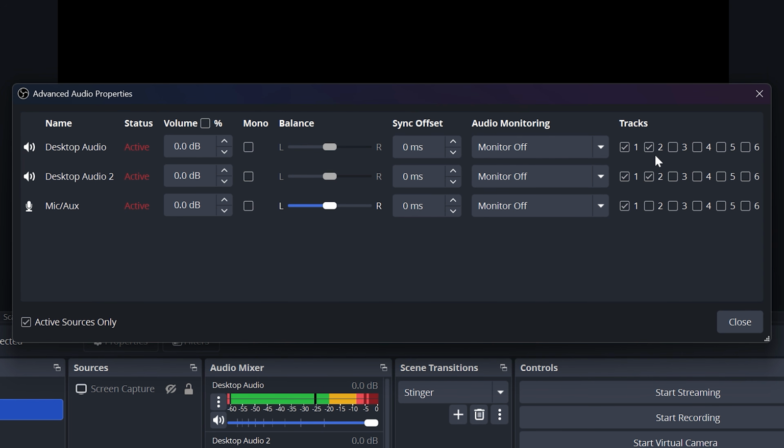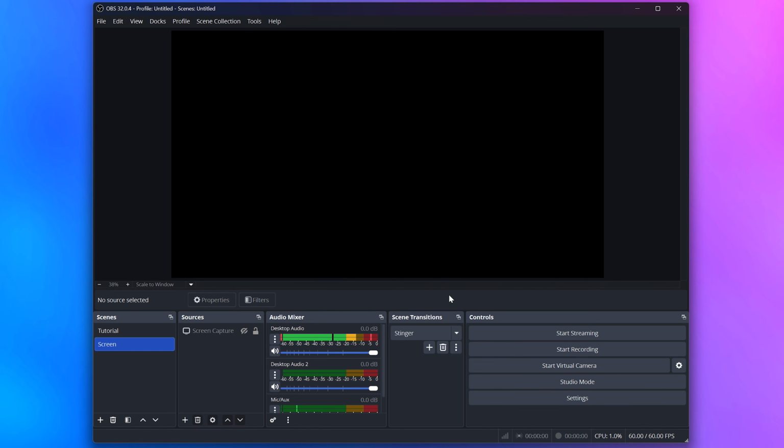Meanwhile, track 2 is my VOD track, so I'll be enabling Desktop Audio 1 and mic aux to be heard in the VOD, but keeping Desktop Audio 2 unchecked so it won't be heard. I'll include a link in the description to my tutorial on separating audio in case you need more help. You can use the guide to separate your music and gameplay instead of having it all come from the same audio device. Click the close button when done, and you will now have the